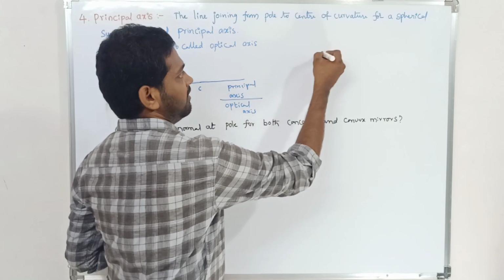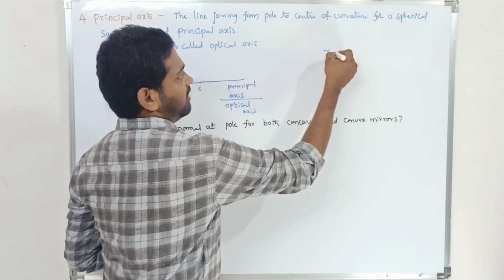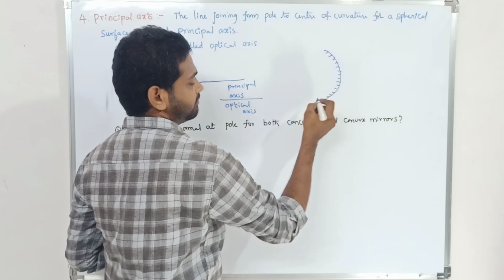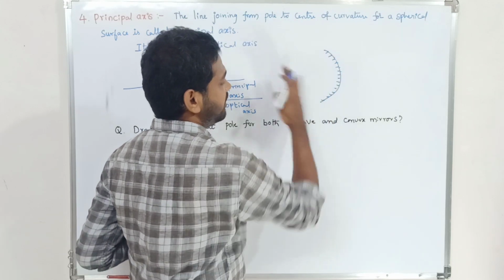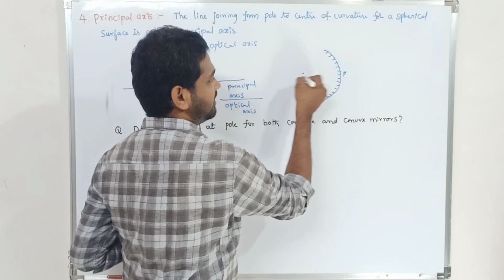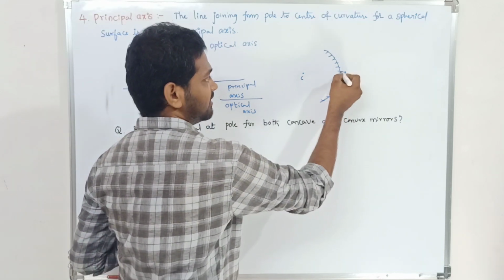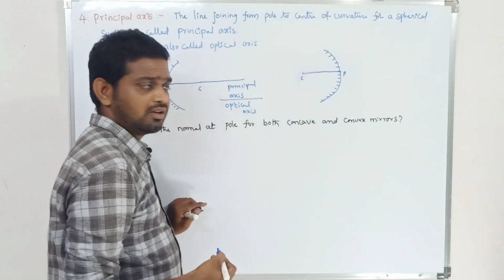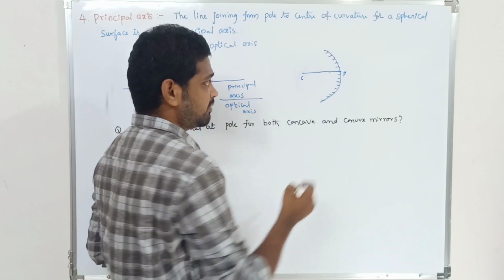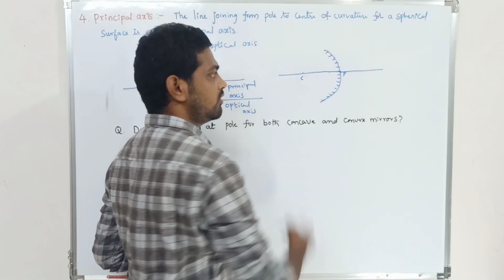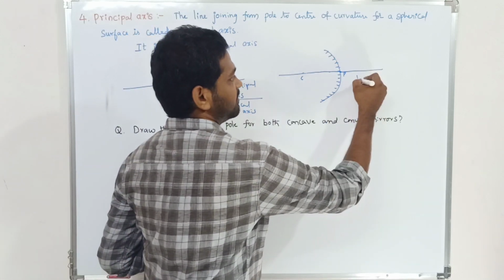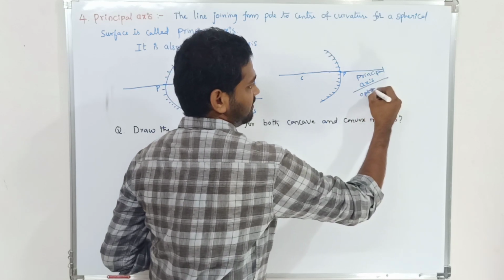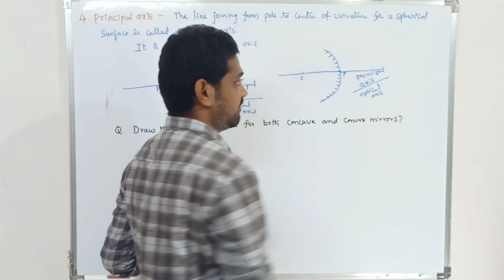Coming to the convex mirror, in case of a convex mirror the bulged, reflecting surface will be outward. So now locate the points pole and center of curvature. Now try to join the points P and C. Clear? So this is the representation of the principal axis. You need to extend this in both directions as shown. So this is the principal axis or optical axis in case of a convex mirror.